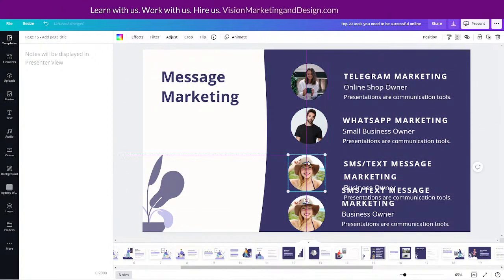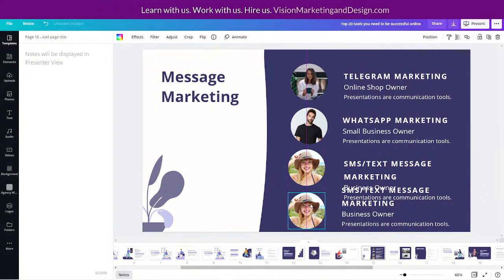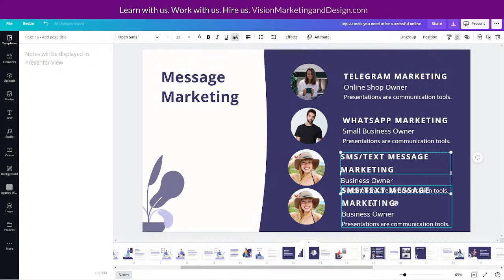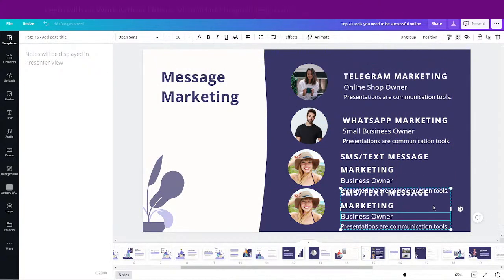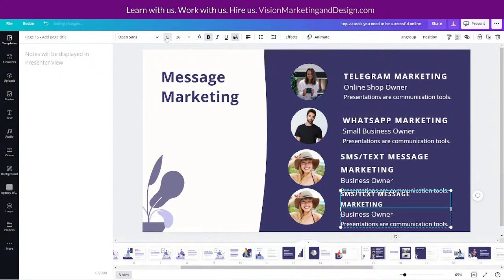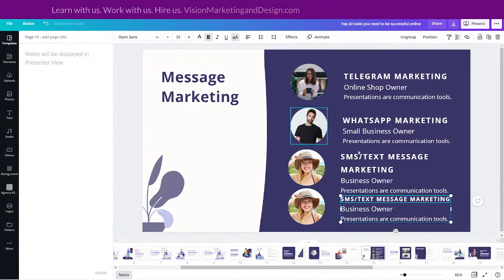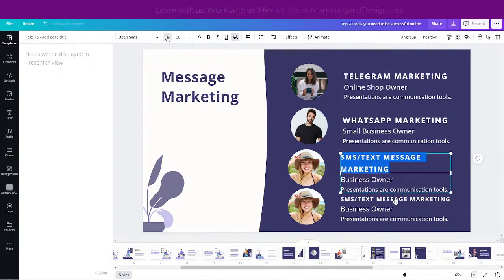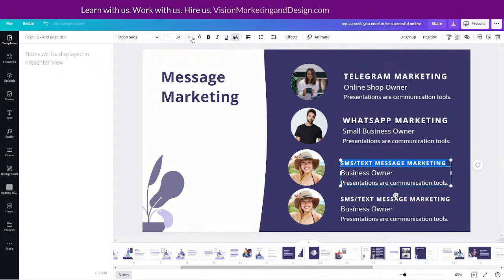So, and again, these are all design things. We can always come back and make it perfect. But what we want to do right now is just get the information. Okay. So I am going to, not that one. I'm going to shrink this title text down here, just so I can get this on the page. So it's 25. So I want to make these 25 as well and stay congruent. So I'm just going up here to do that.